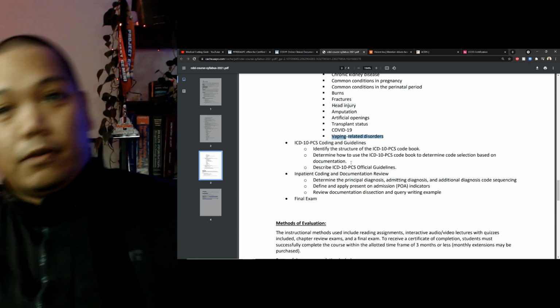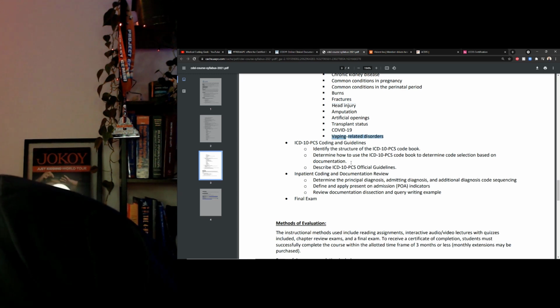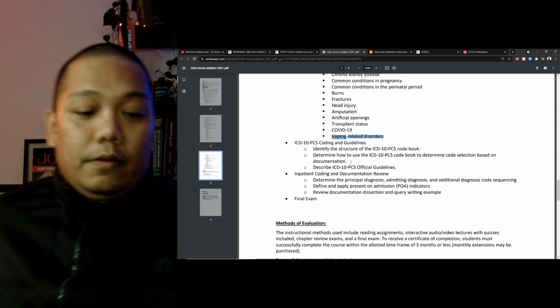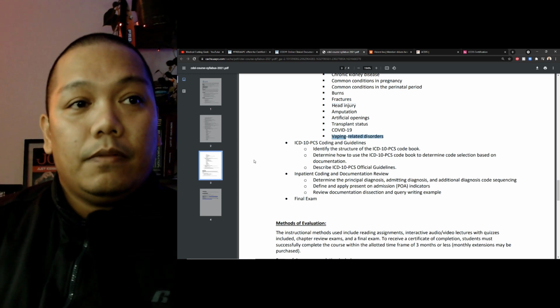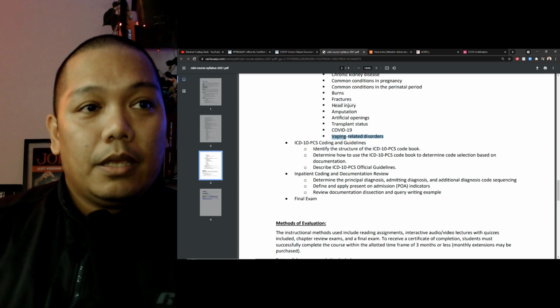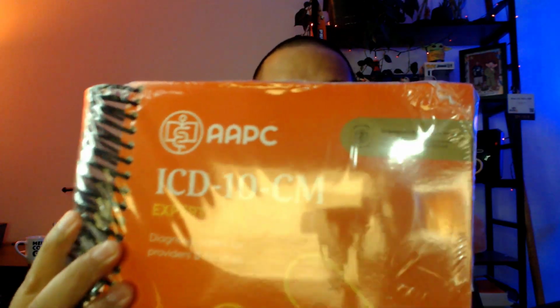Now let me stop here for a second. And let me get over here. I got these books, by the way. I didn't get them, but I was sent them. Not by AAPC, but I just got them in the mail. One of the books that I see here is this book. Here it is. The Expert ICD-10-CM 2022